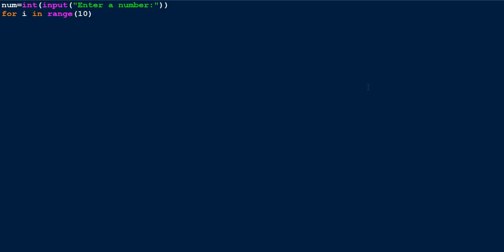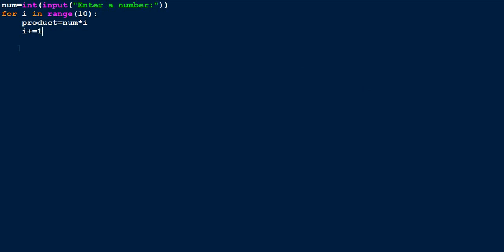Now we are taking the range to be 10 because we want to print a multiplication table only 10 times. Now what we are simply going to do is, let's say, product equals num times I, and I plus equals 1,